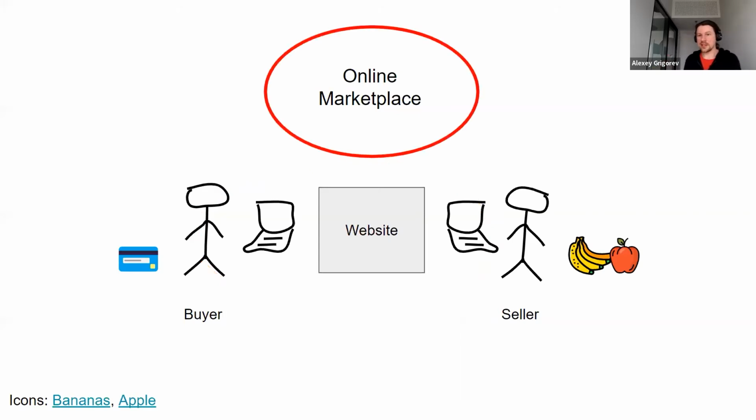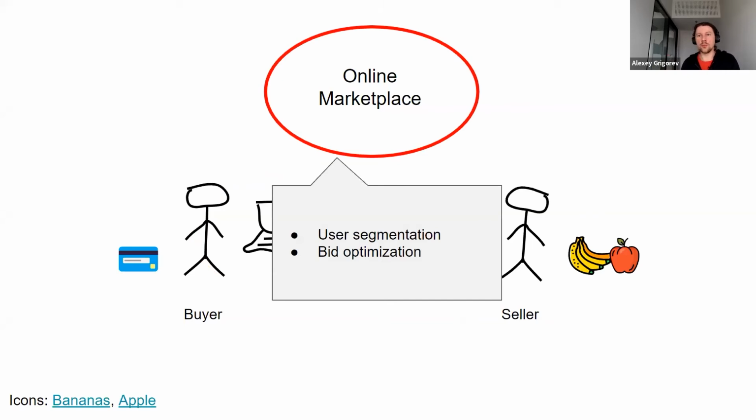And the last thing is how can we as a marketplace make money? And here the most obvious one is through ads. We have a lot of ads on the website, ads from Google, for example. And how can we make sure that these ads are relevant to the user? They are not so annoying, there are not so many of them, there is just the right amount of them, the ads are relevant, and things like this. So we do it through data science. And another one is user segmentation: how can we learn more about the users that we have in order to monetize them more effectively.